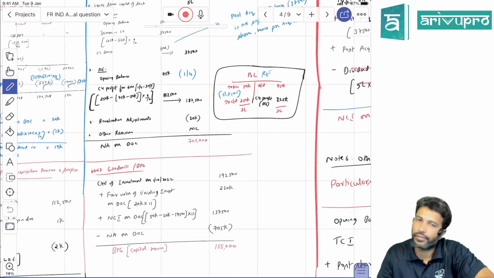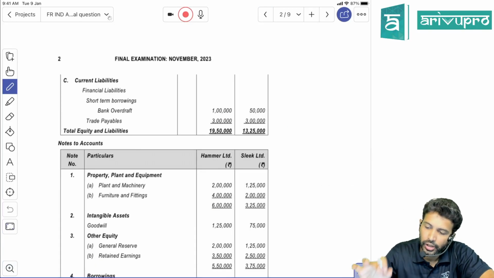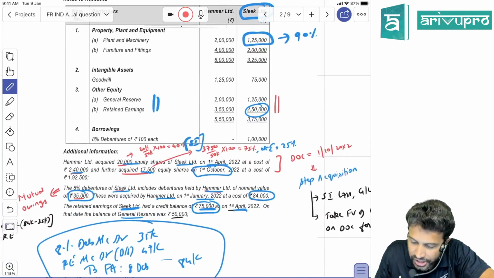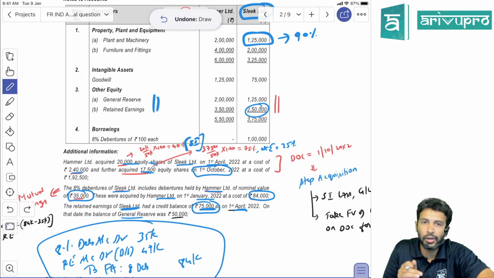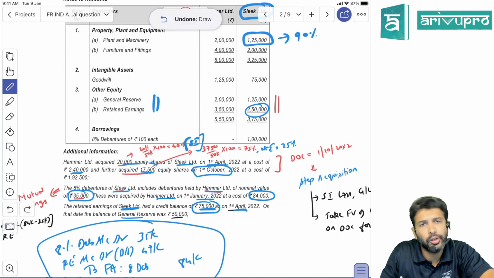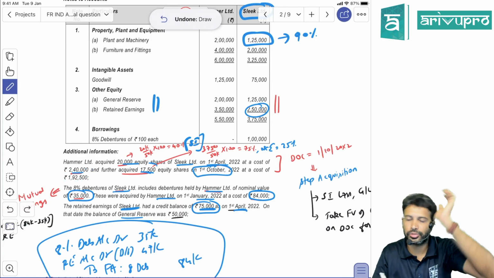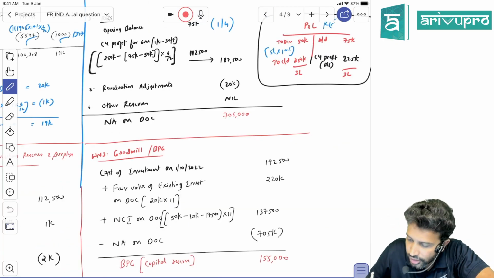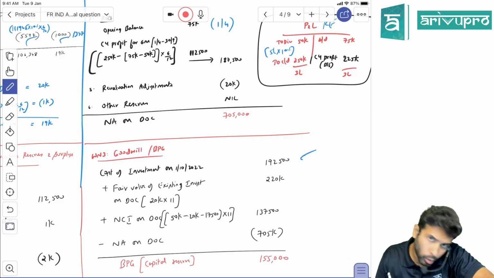Once you know net assets, you can find out goodwill. PC. How much is PC? So we have 2 PC. It's a step acquisition. On the day you got control, how many shares did you acquire? 17,500. How much did you pay? 192,500. So all these are fair value. This 17,500 you purchased on the date of control itself, so this 192,500 is already on fair value terms. So take this as your carrying amount of the investment, the PC paid on the date of control. Okay, sir. But you already had some investment.